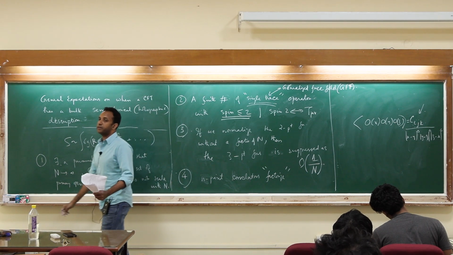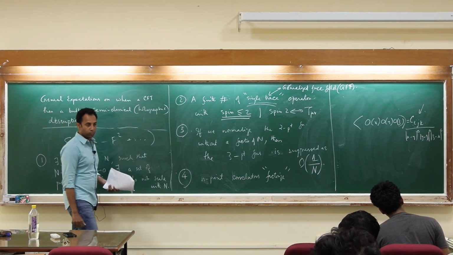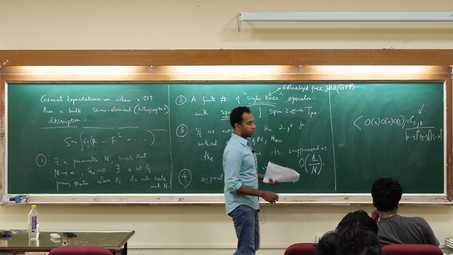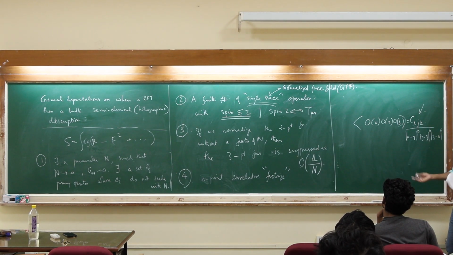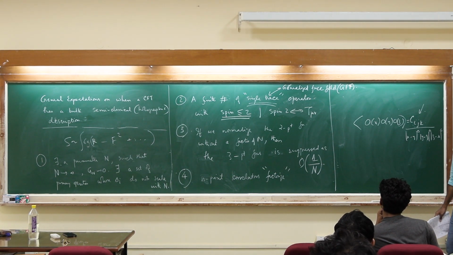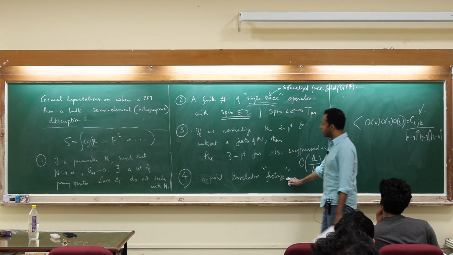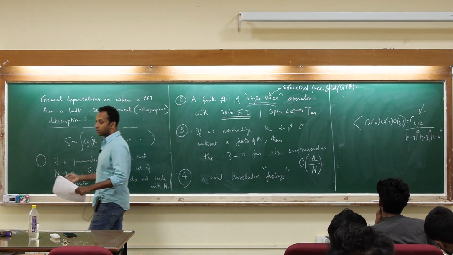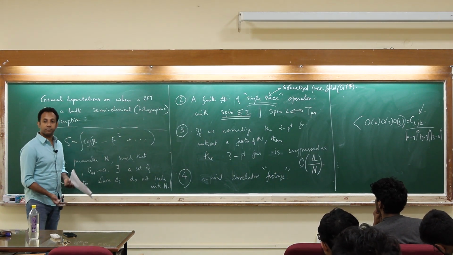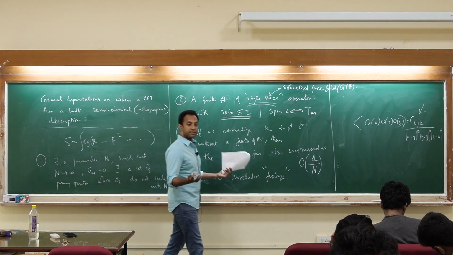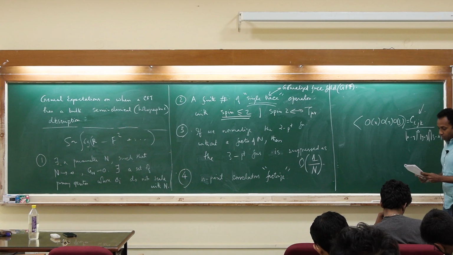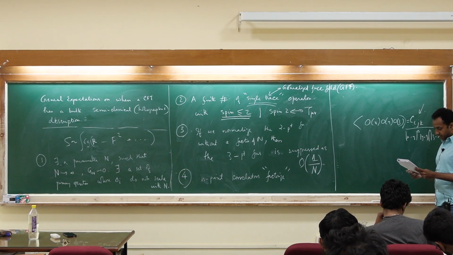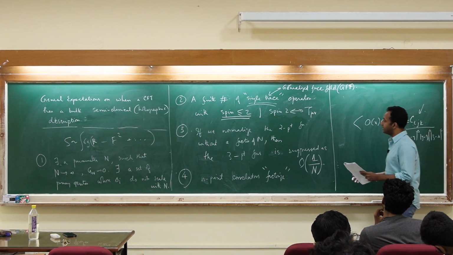Note that the 2-point function was not suppressed by a factor of n. The 2-point function was normalized to 1. So the statement is that the 3-point function is suppressed by a factor of n. This is one of the expectations that we have for conformal field theories which are holographic. And this is a more general version of it: in higher point correlation functions, the odd ones are always suppressed, but the even ones factorize in the sense of Wick's theorem.